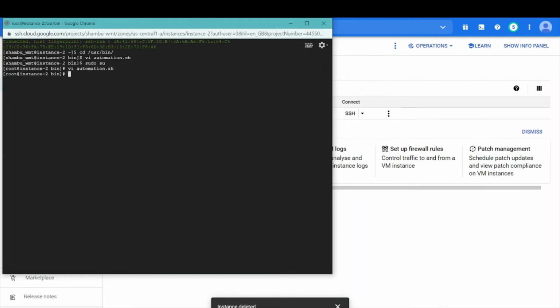So I have placed it here and I can make it executable. This is an executable file now.